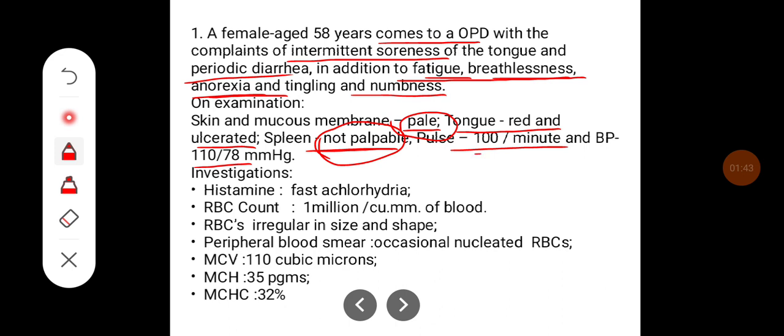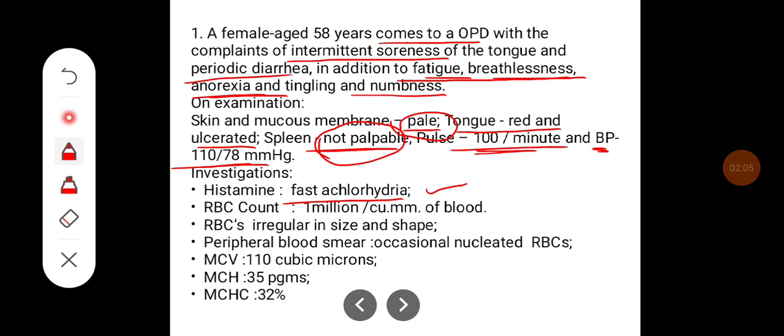And the increase in the pulse rate and the decrease in the blood pressure tell about the hyperdynamic circulation. So then on investigation there was a histamine fast achlorhydria, which is usually a feature of